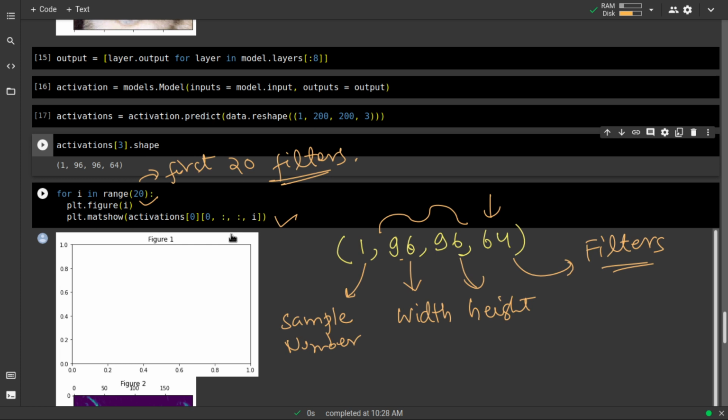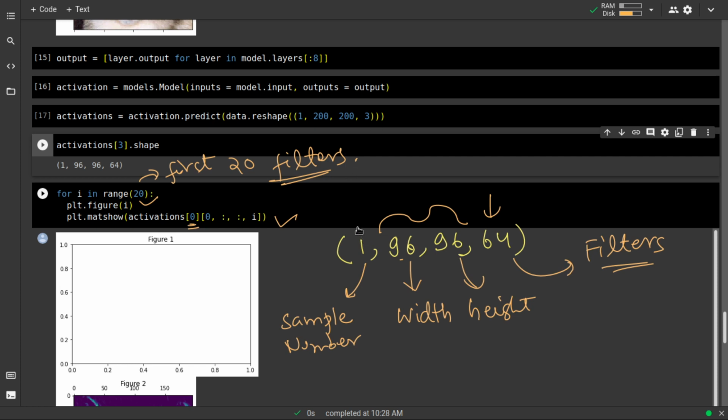With this colon and colon over here, that would mean we want to print all the height and width data. And then finally we have i, meaning we are trying to print all the filters, up to the 20th filter. And then I'm putting 0 over here because we just have one sample, and the 0th layer means the first layer, the initial layer.